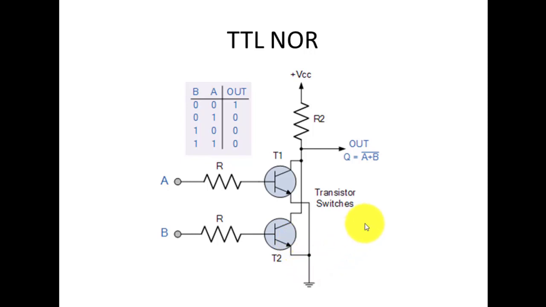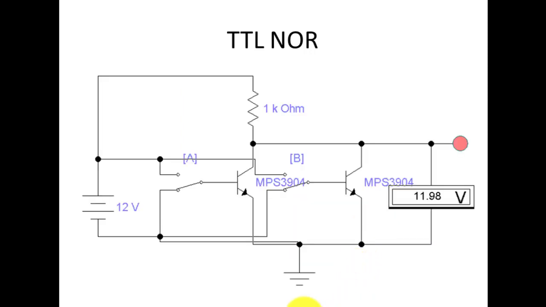So let's construct this circuit in the electronic workbench. Okay, so let's start. We shall use two transistors. We shall connect the collector terminals of the transistors with each other, and we shall connect the emitter terminals of the transistors with each other. We shall use a resistor. We shall use VCC on this resistance, and we shall use two resistances on the base of the transistors. Okay, so let's switch the window and we will go to the electronic workbench where we shall draw this circuit.